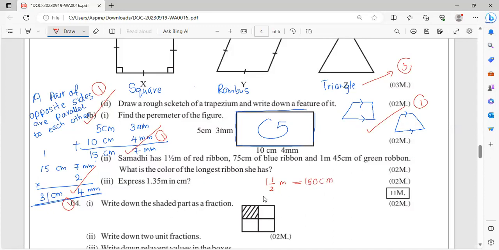150 centimeters, no? 75 centimeters, okay, 75 centimeters only. 1 meter and 45 centimeters, what is that? It is